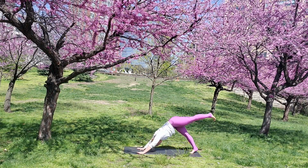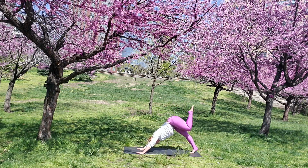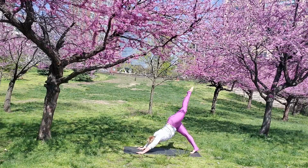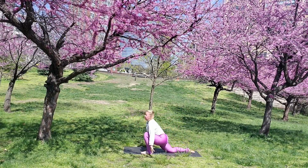Float your left leg in the air, bend the knee. Circle the knee in one direction while keeping the shoulders square. Reverse that, circle the other direction, letting the joints feel nice and lubricated. Straighten the leg. Think knee to nose, step that forward, drop the back knee and the back shin, sweep the